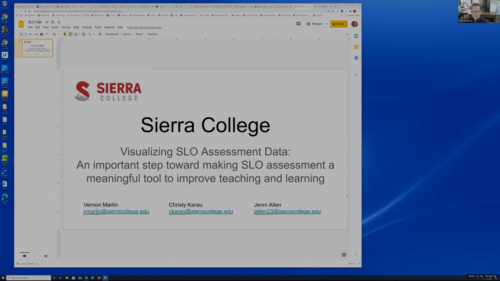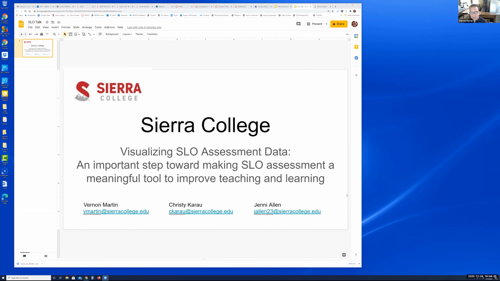I want to frame this by talking about it as really for us, this was an important step toward making SLO assessment a meaningful tool to improve teaching and learning. So we'll just jump in here, but before we do that, I'll let my other team members, Christy and Jenny,